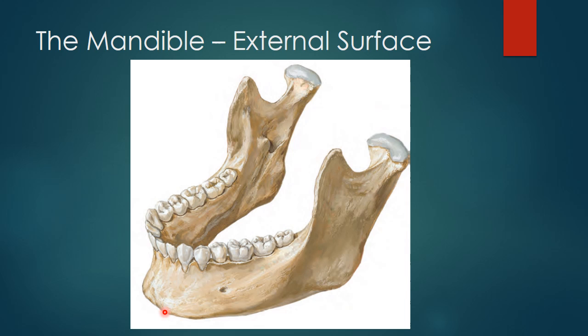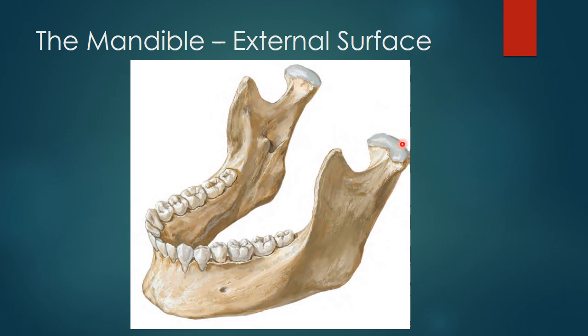The superior border of the ramus is composed of two processes. The coronoid process, which is pointed, flattened, and smooth. It is roughened toward the tip to give attachment for a part of the temporal muscle.